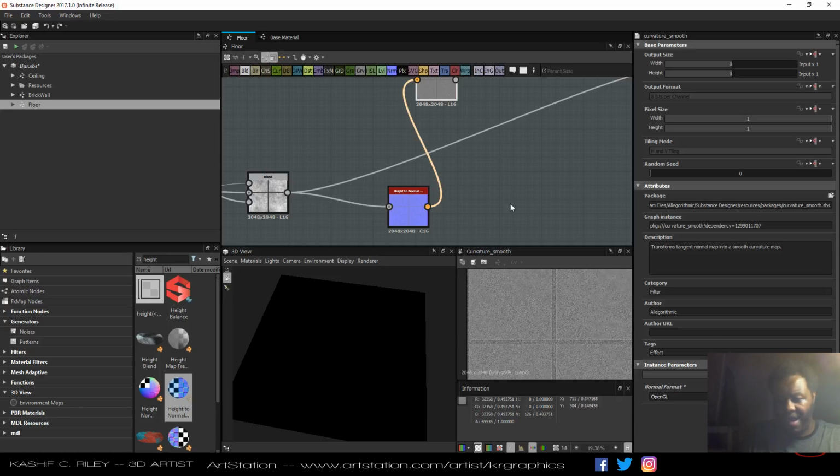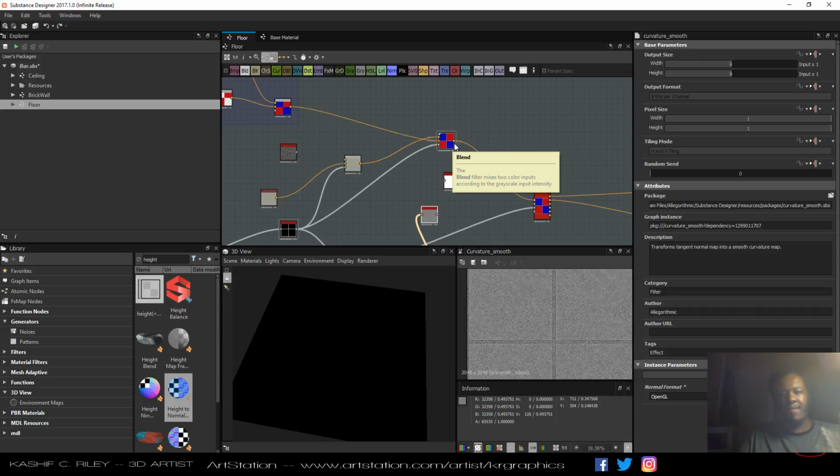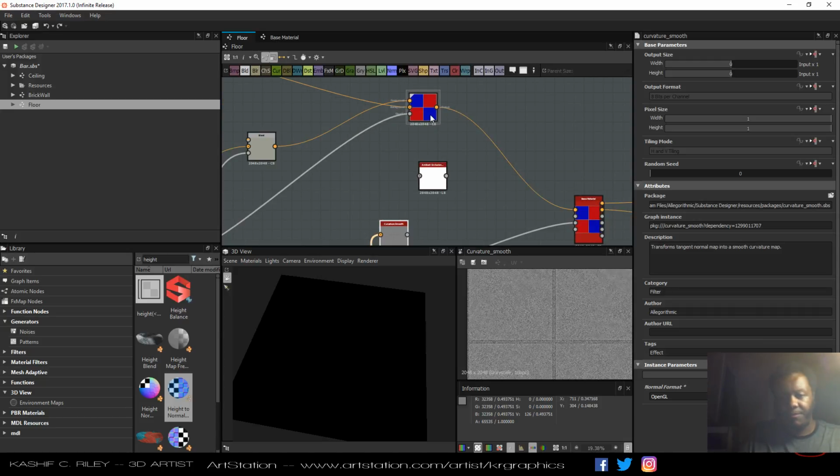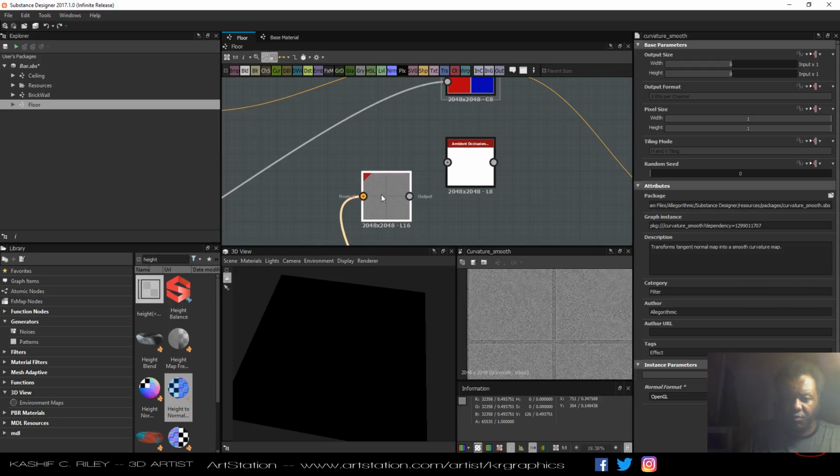I can blend this into the color and make it feel like it's really popping out of the surface. I was also working on another texture called a brick wall, and I'm going to go ahead and try to do another